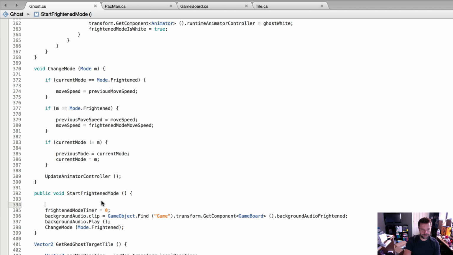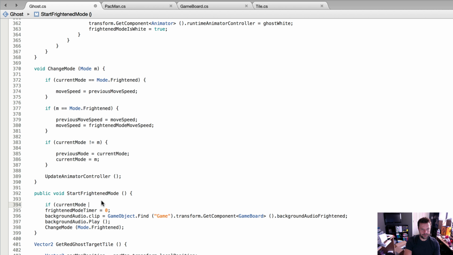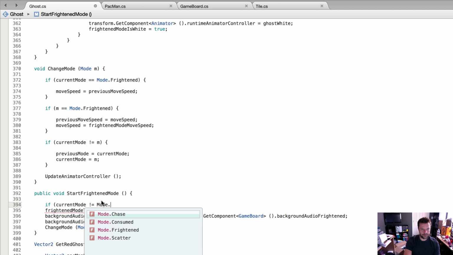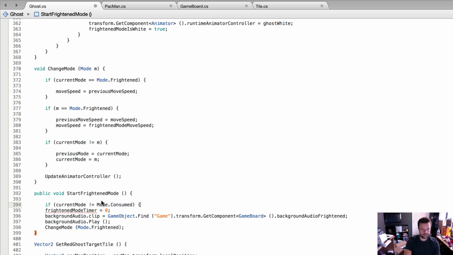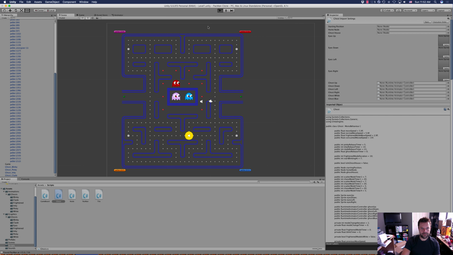And we're going to say if current mode doesn't equal mode.consumed, okay, because that's the only time we don't want to turn into frightened mode is if our mode is currently consumed. So now if we go back into Unity,